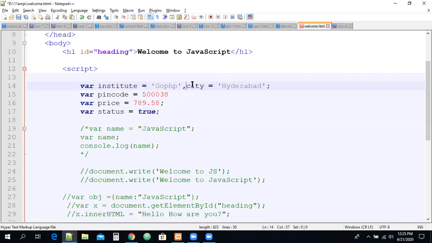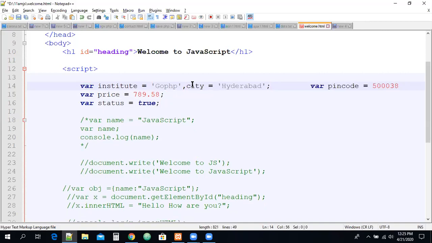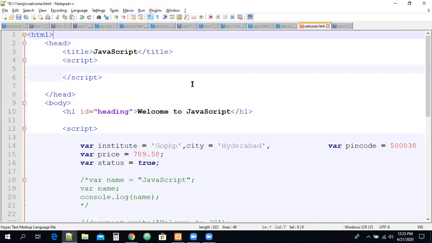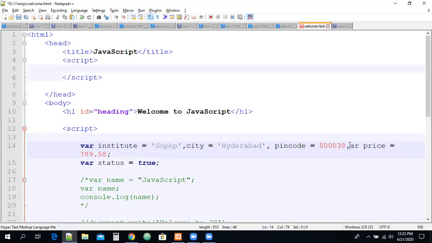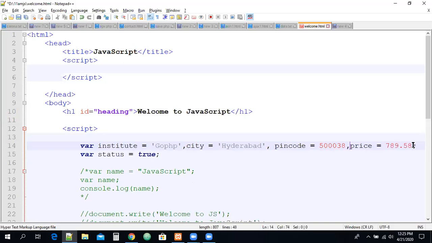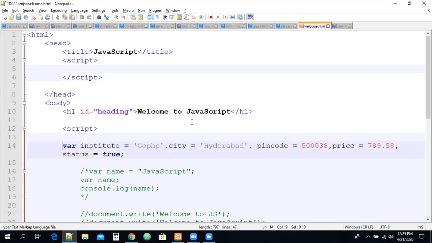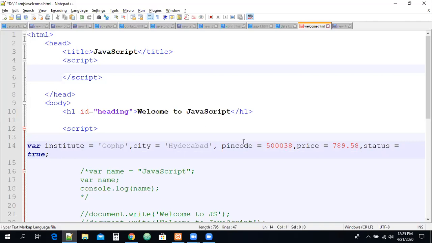This is city. Right, and what is the next variable? We put a comma, and we can write the variables like this also, guys. Sorry, something went wrong. Here we can remove this, and add pin code, something like this. Like that, all the variables we can declare. So this is also a valid way of declaring variables, right? Sometimes we may have something like this. At the end of it, we have to keep a semicolon, guys. All the variable declarations are completed now. So this is also a valid way of declaring variables.